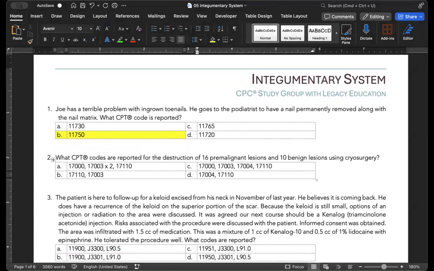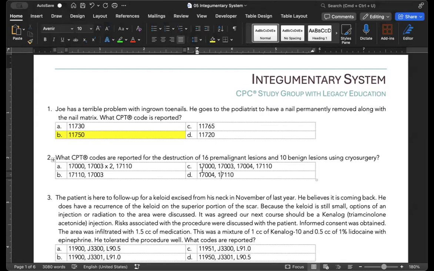Let's do this one from a process of elimination standpoint. So we have two options that have the 17000. We have three options that have 17003. And then we have two that have 17110. So my thought process, because these are in the beginning, they're both first listed codes. That's where my eyes went to first. So let's go to